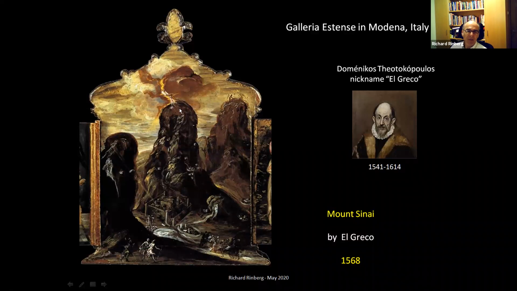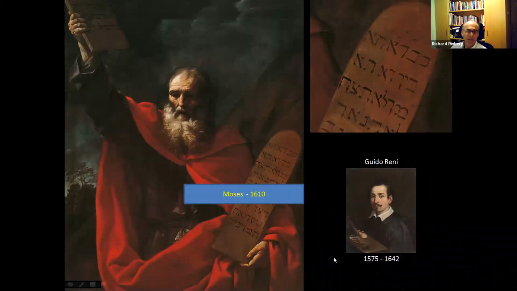It's almost abstractly beautiful in what's going on. And you've got pilgrims coming here to visit. This painting is actually owned by a bank. I had difficulty getting this image. There's another one by Reni, Guido Reni, 1610, where he's actually looking at the luchot. And you can see here, you look at the Hebrew, it's close but no cigar. It's not quite right. He hasn't gone to the lengths that others did to get this right, but we clearly get the idea of what's going on.